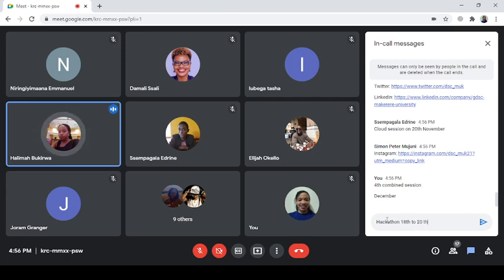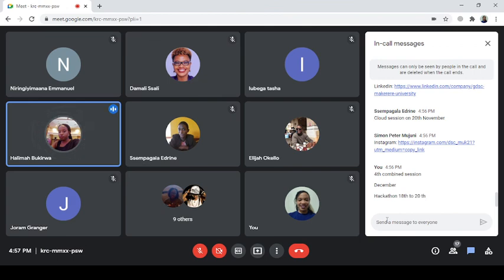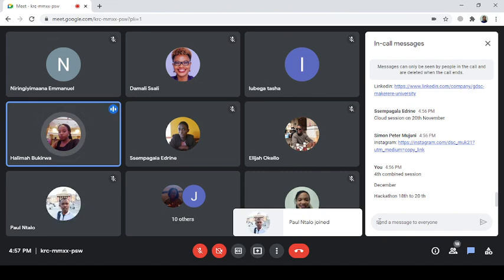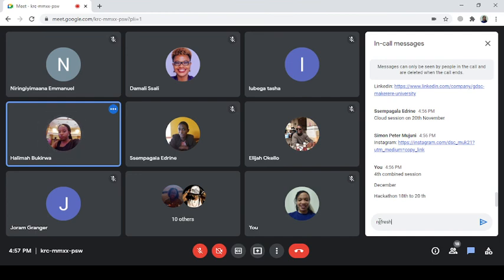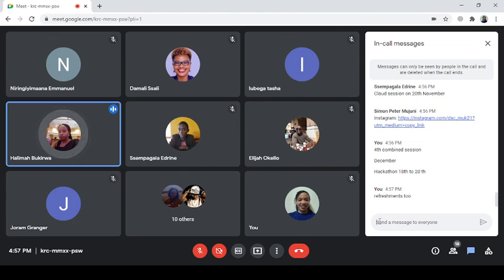We'll be sharing everything. The hackathon is going to happen from the 18th to the 20th of December. The last two, the combined session and the hackathon, are going to be in-person sessions, so we can't wait to have you. They'll be hosted at MUK Hub. I'm sure you know where MUK Hub is. It's in Makerere University, Courses Block B, Level 5. We'll have everything sorted for you: refreshments, and we'll have some swag for you. So get ready, start working on your projects.